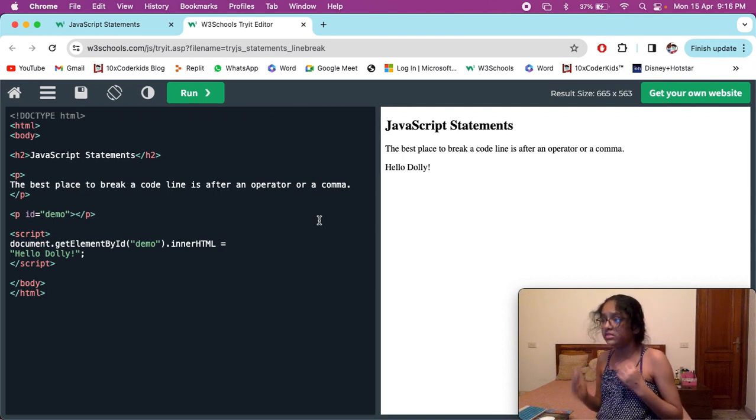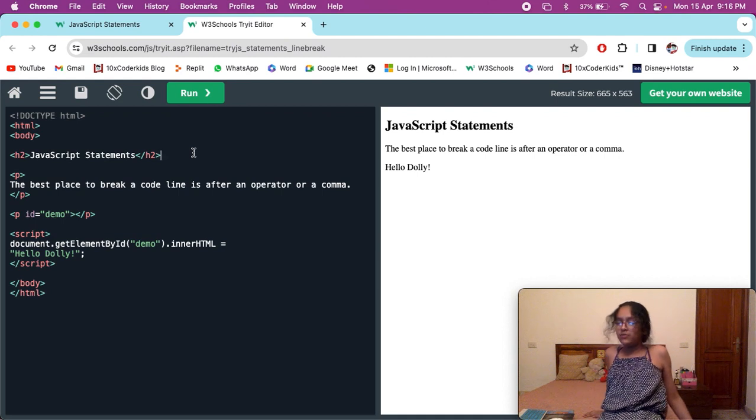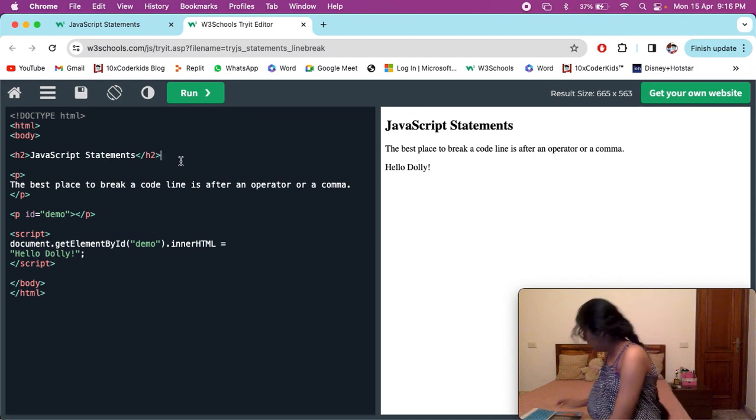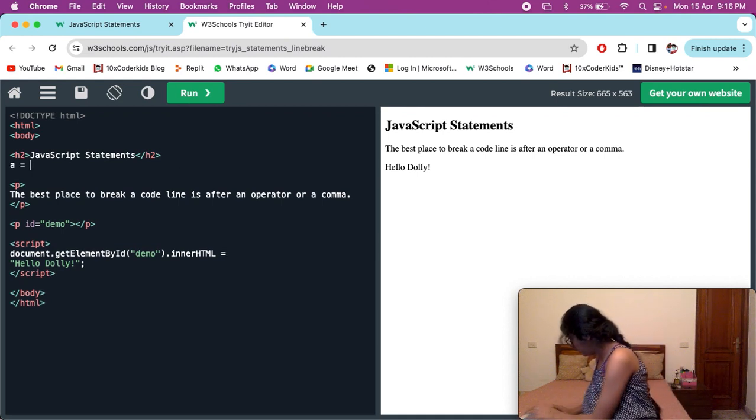Save some space, but you don't want to make a mess here, right? You have to use your brain. If you can separate statements, you will not want me to do this.